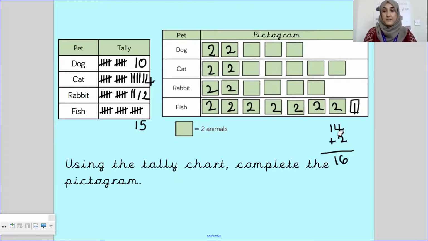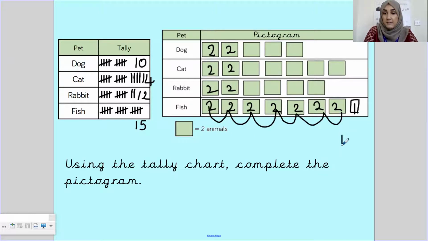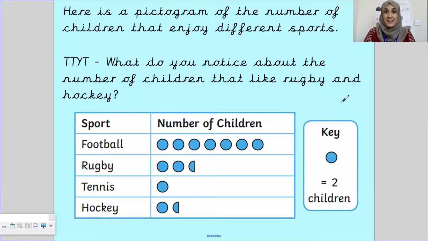Have I made 15? Let's count. I've got 2, 4, 6, 8, 10, 12, 14. Add 1 more. Oh God, why am I not doing it on my pad? Add 1 more equals 15. So now I have successfully produced 15 fish using a pictogram. I hope that makes sense. We are now going to move on to the next screen where we will get a better understanding of half